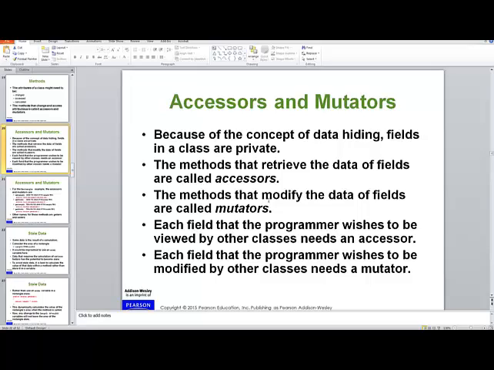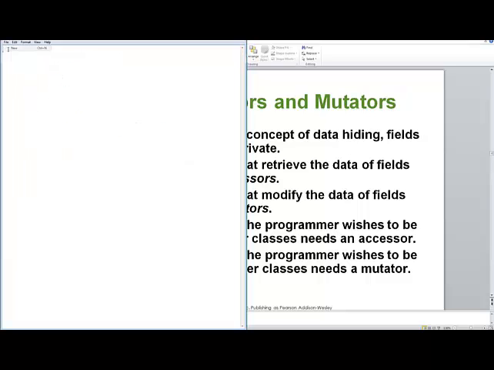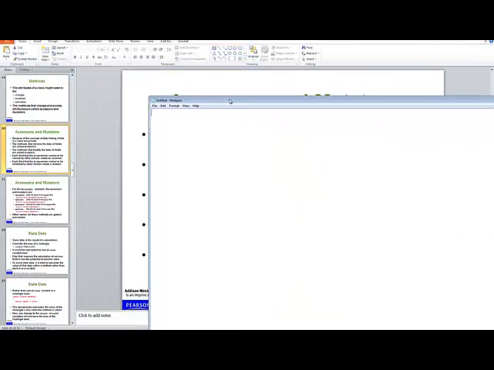Mutators are setters. Assessors are getters. Okay, and I can't stress that enough. Let me just clarify that. There are a lot of things that I keep repeating myself on, not that I don't want you to miss this, but again,